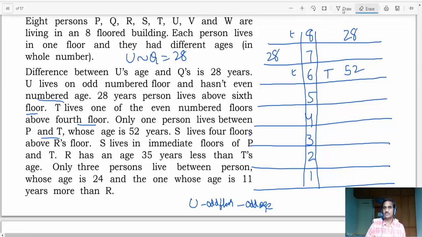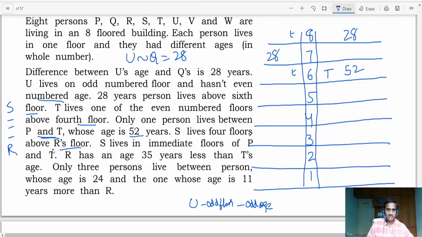2 different possibilities. Okay? Then T lives on one of the even number floors and only one person lives between P and T. T's age is 52, or T is 50. S lives 4 floors above R's floor. S is 4 floors above R. So how many floors must be between S and R? There must be exactly 3 floors. Between S and R, 1, 2, 3, 4. There must be 3 floors between S and R, isn't it? As there are 3 floors between S and R,